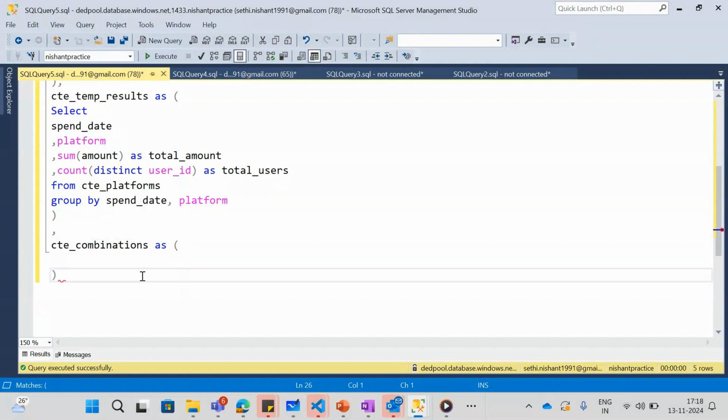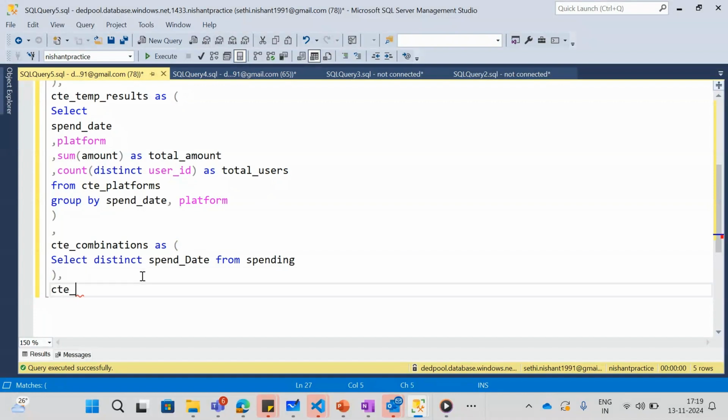What we have to do over here is handle the null. Wherever there is no match between these two tables, these two columns, total amount and total users, would be null. So I can just coalesce that to 0. This will be the distinct date data set, and then I will take